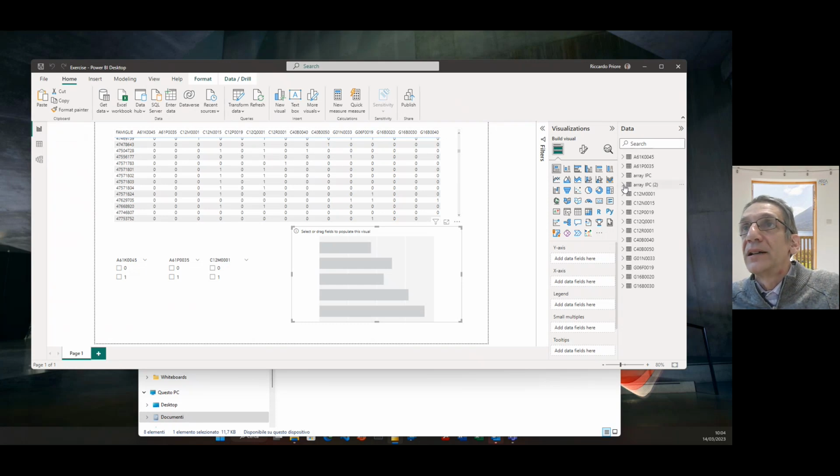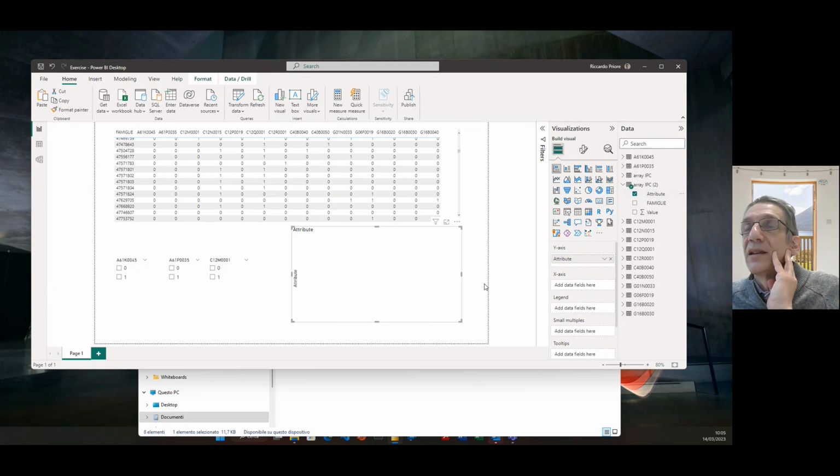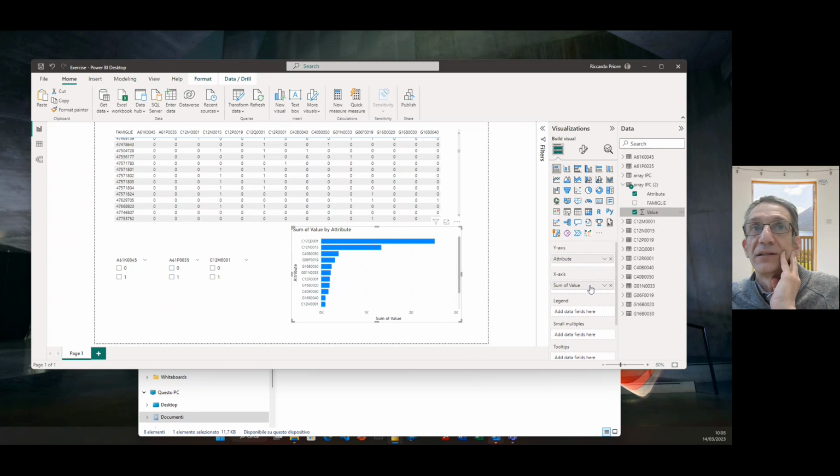So I switch here to array IPC2, and on the y-axis, I want to display the classification codes. So I just click on attribute, while on the x-axis, I display the values, the sum of the values actually,